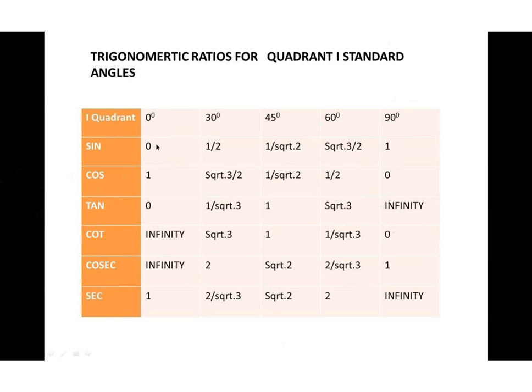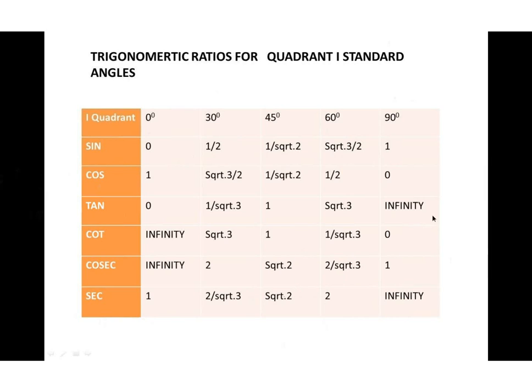Okay, to get the cot ratio, just write down the tan ratio values in the reverse manner. So infinity first, then the square root of 3, then 1 will remain the same, and 1 by root 3 and then 0. Now to get cosec, just take the inverse of sine. 0, 1 by 0 is infinity, 1 upon 1 by 2 is 2, 1 upon 1 by root 2 is only root 2, and 1 upon root 3 by 2 is 2 upon root 3, and 1 upon 1 is 1. Okay, similarly